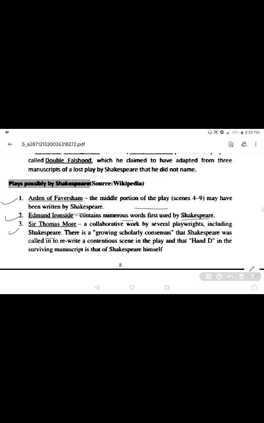There is a growing scholarly consensus that Shakespeare was called in to rewrite a continuous scene in the play and that Hand D in the surviving manuscript is that of Shakespeare himself. ऐसे माना जाता है इसमें जो हैंड डी पार्ट है उसकी मैन्युस्क्रिप्ट में वो शेक्सपियर ने खुद लिखा है।